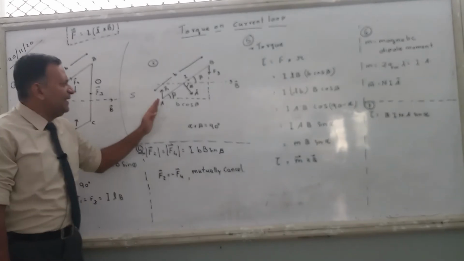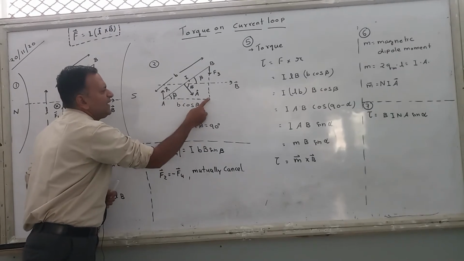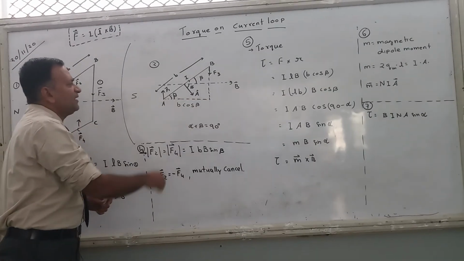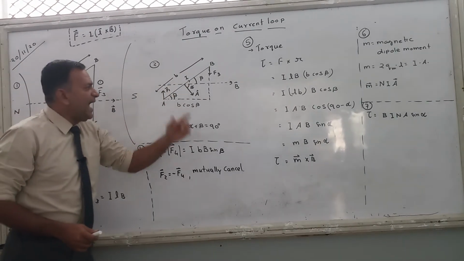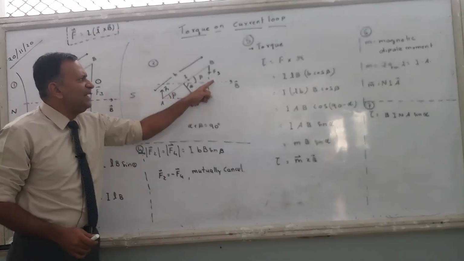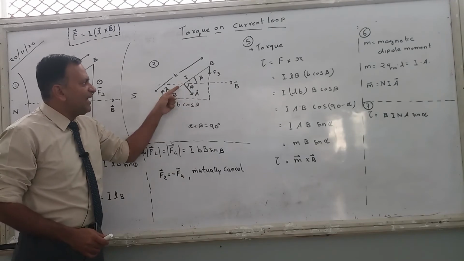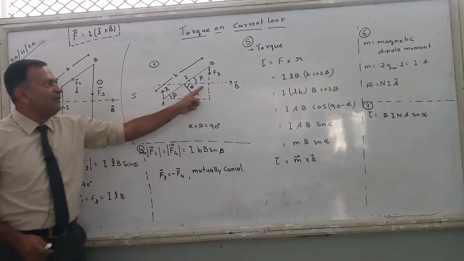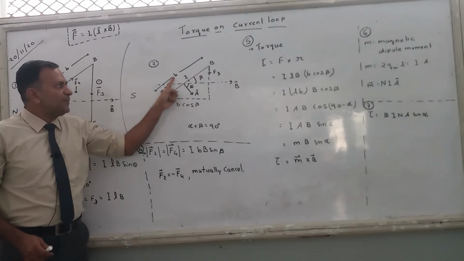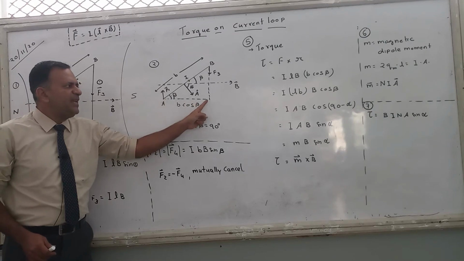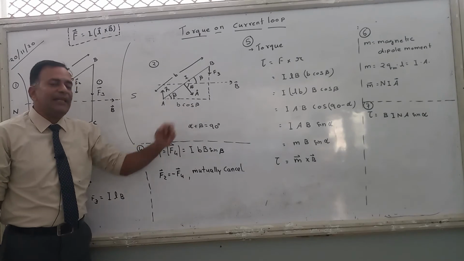ILB and the distance between them. See, this is F1, this is F3. This is the distance between the forces. How to calculate this distance? What is length of AB? Length of AB is equal to b. And what is the angle between magnetic field and direction of current? It is beta. We took beta, right? Angle between direction of current and direction of magnetic field. What is it? Equal to beta. This is beta. This is also beta. What is this length? This is b. So this is b. This is beta. This becomes b cos beta. This becomes b sin beta. What is our distance? It is b cos beta.